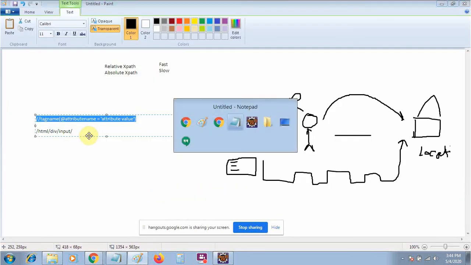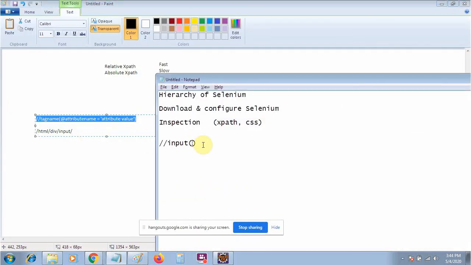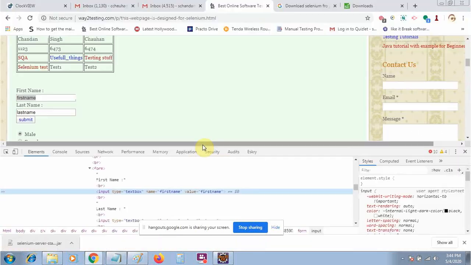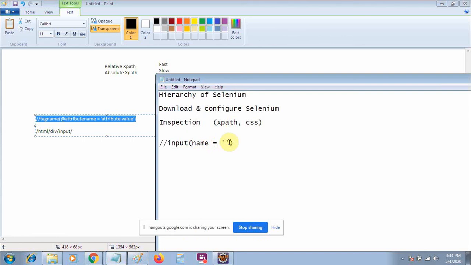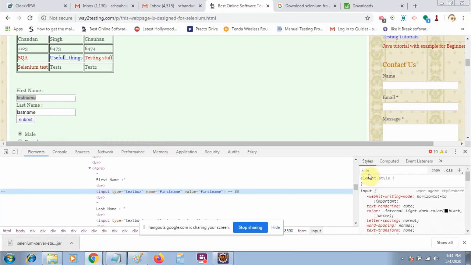So I am saying that @name is equal to, and I will write here first name. At the rate name is equal to first name. So this will become my XPath for this location.